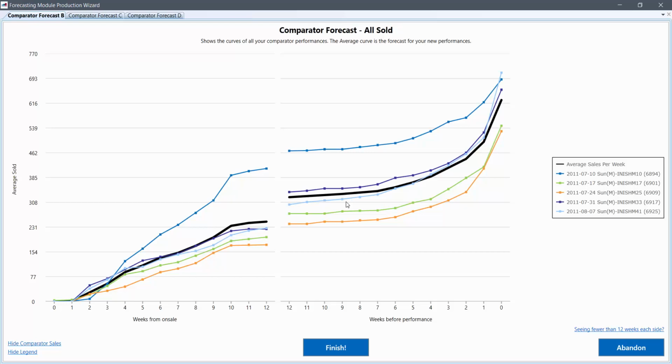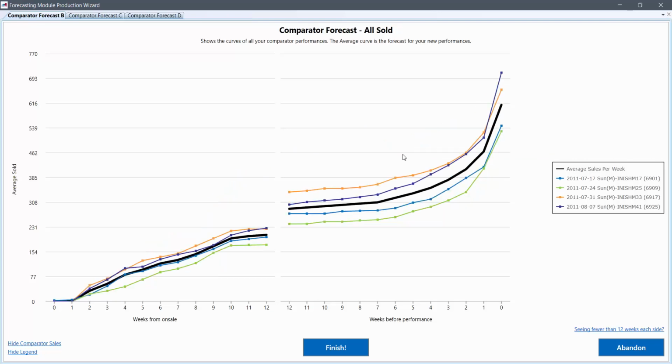This is our Sunday matinee trajectory. So again, we have a line for each of the past performances, and then the line through the middle for the average that will be saved. If at this point we notice that we seem to have an outlier performance, we might decide that we don't want to include that in our average. Perhaps it's bringing the average up too much. If we want to remove it, we can simply right-click and choose to remove that series from the chart. When we're happy that this is the shape that we want, click Finish again,